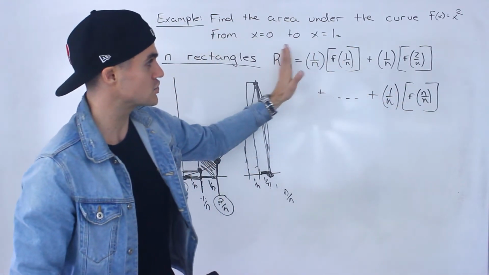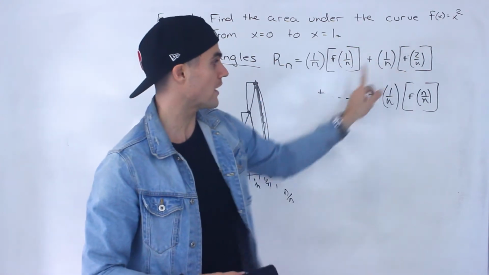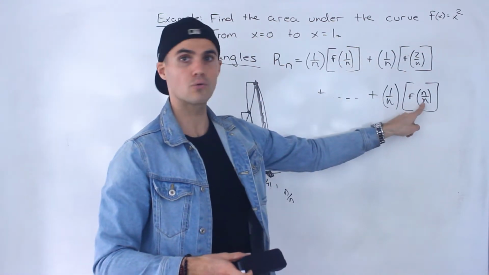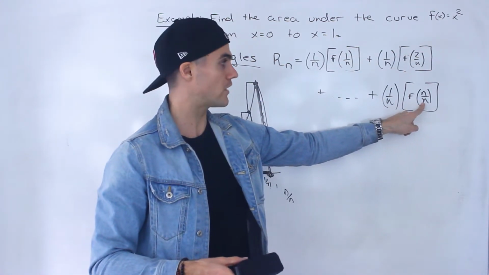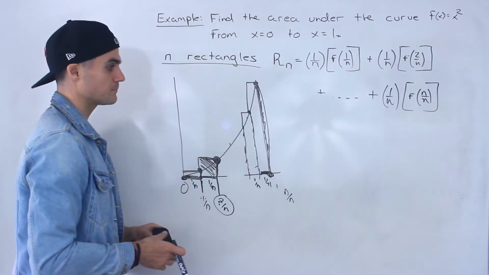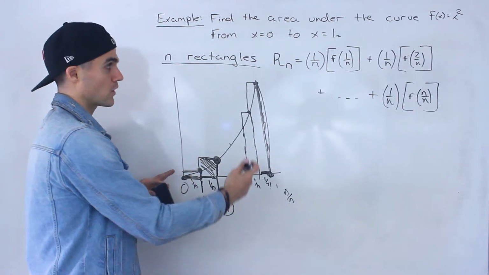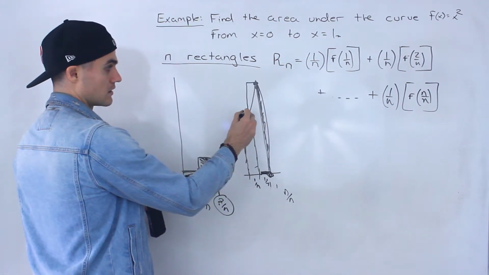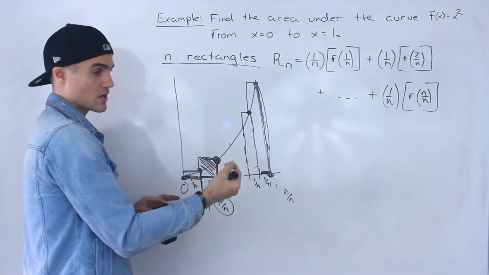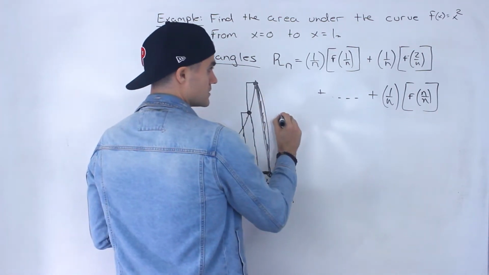So notice it's just a general pattern. The 1 over n's are staying consistent, 1 over n, 2 over n, etc., all the way till n over n, right? So that's the general expression there for the sum of all of these rectangles, where we're using the right upper corners of the rectangles. Okay, so what we can do now